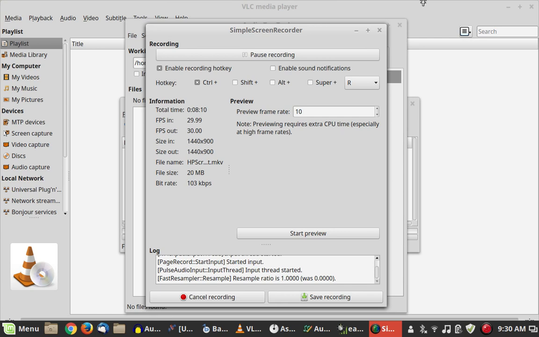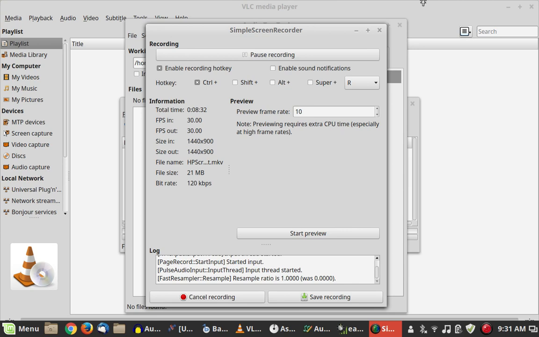For a very short period of time, when I first started running Ubuntu Mate, it wasn't available for that platform yet. The 16.04 Ubuntu wasn't quite out yet. I used VokoScreen. VokoScreen was okay, but I ran into a few issues, and so I switched back to Simple Screen Recorder as soon as it became available.